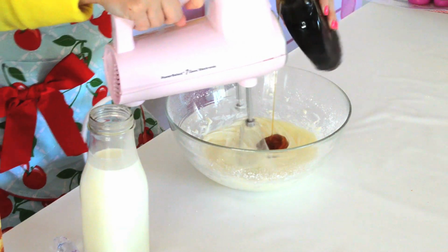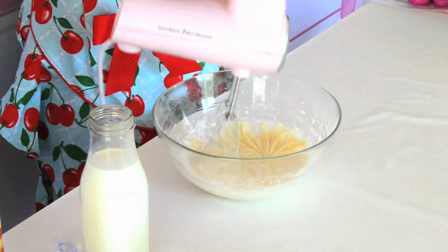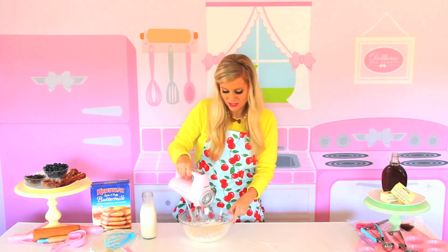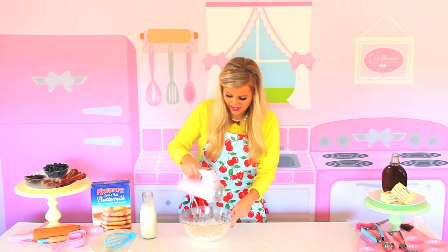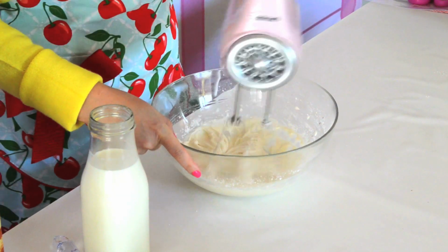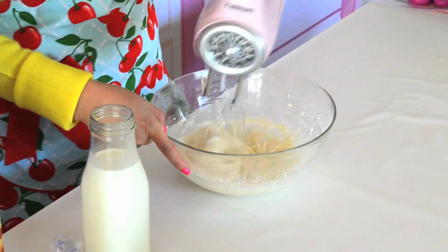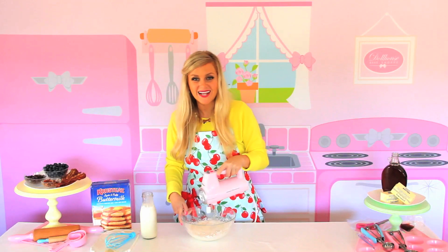There we go. And you can add another tablespoon if you want it a little more flavorful, but the maple syrup is going to thin it out a little bit, so if you want a little bit of a thicker frosting, I'd stick with one, and that looks nice and creamy. And you can amp up the speed and mix it for 3 minutes so it gets really nice and creamy and fluffy. And then we're gonna see if our cupcakes are ready and get the frosting on and add the